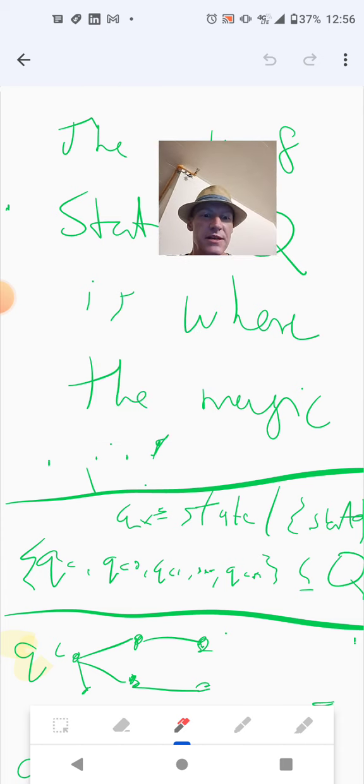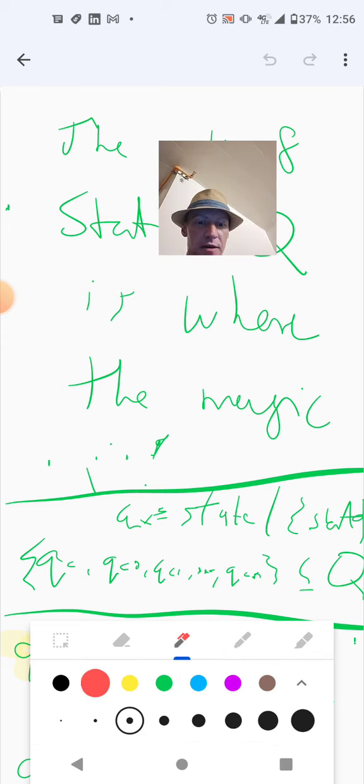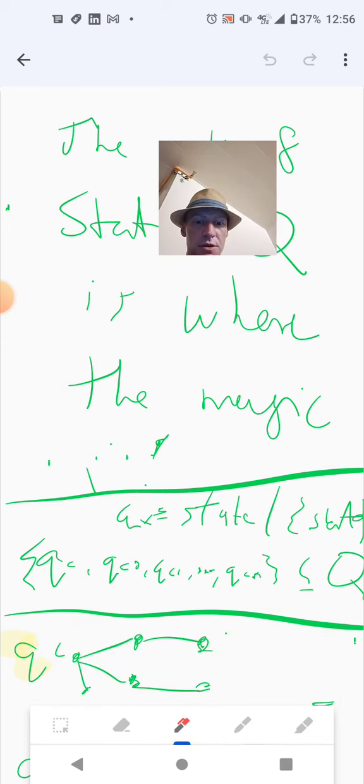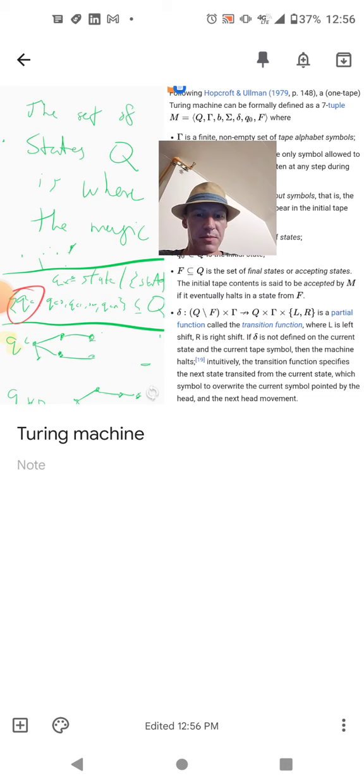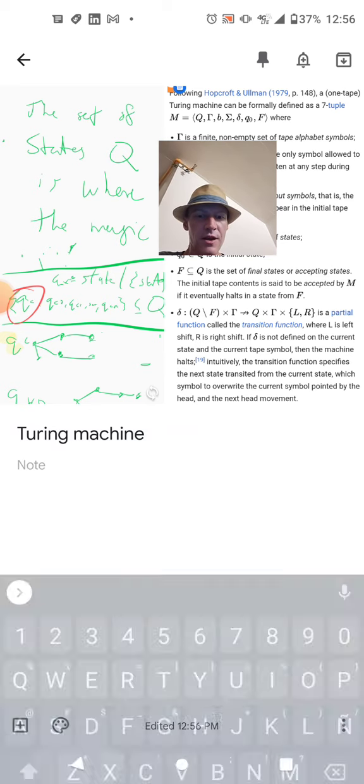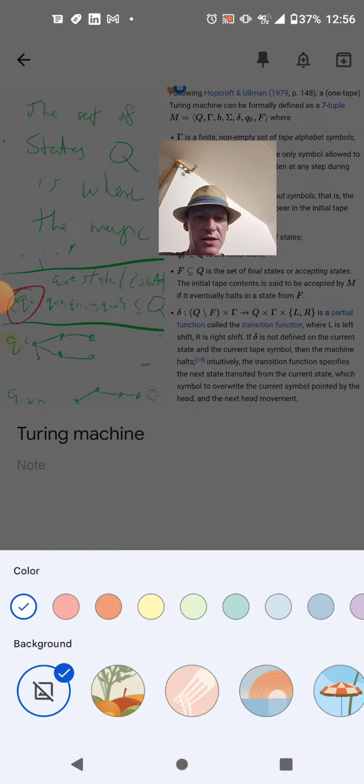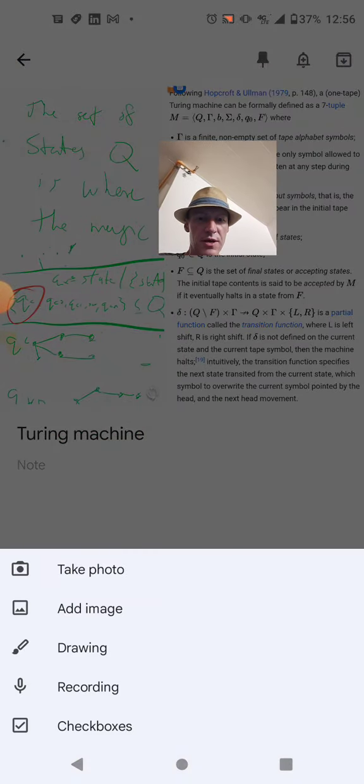So in the set of states Q, you have your state. Here I'm going to circle this one. Yeah, let's do this color. Alright, so you circle this. That's the state that we're starting in, Q current. Q current 0 is how you would come up with a set of states. Here, I'm going to do something. Ready? So if you wanted to say, well, maybe there's an infinite number of states I'm going to transition into, you do a drawing, here we go.